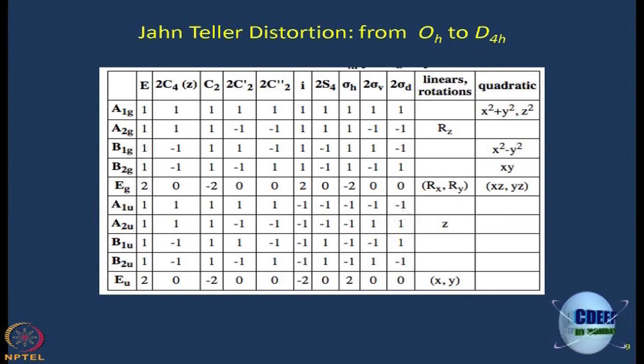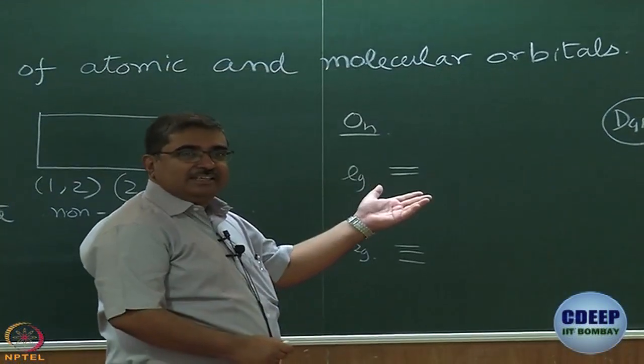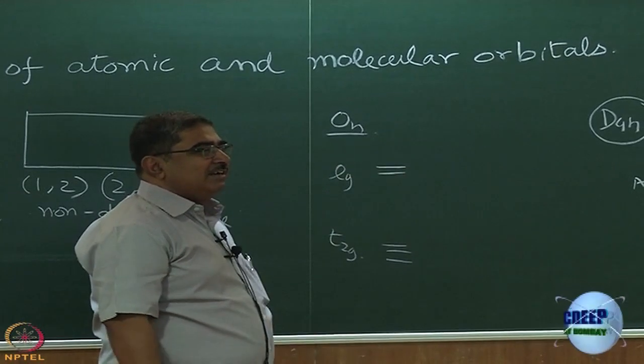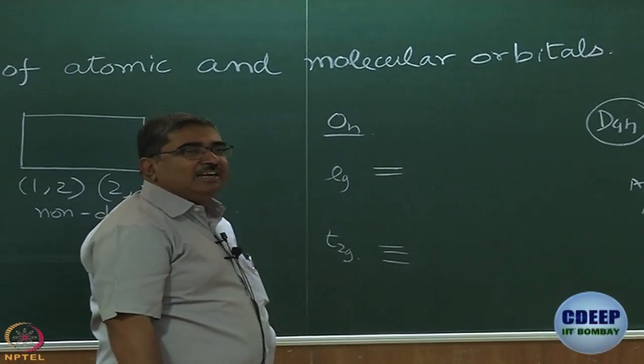So, what this implies is that what used to be the Eg orbitals, you cannot have them degenerate when you have Jahn-Teller distortion. From symmetry itself I can tell that. Okay. So, which one will be higher, which one will be lower? If I pull the ligand out,